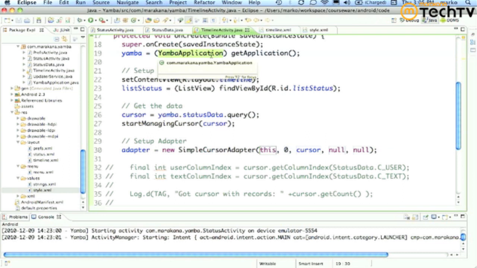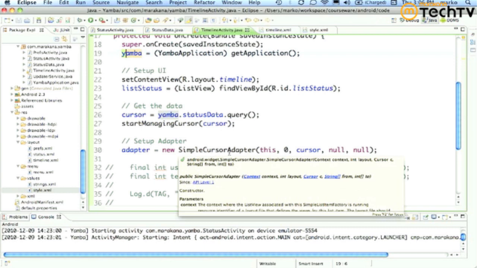But the application is called YambaApplication. Right, but I had a variable that was called yamba. Oh, this local variable. Yeah, I'm sorry, a member variable. You may notice that if you look at Google code, all the variables they have they would call mYamba, meaning it's a local member variable. I don't subscribe to that strategy, but it works just as well. So